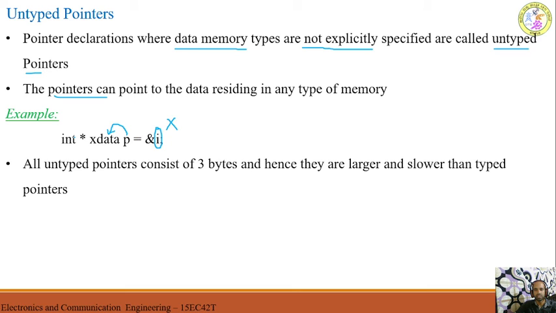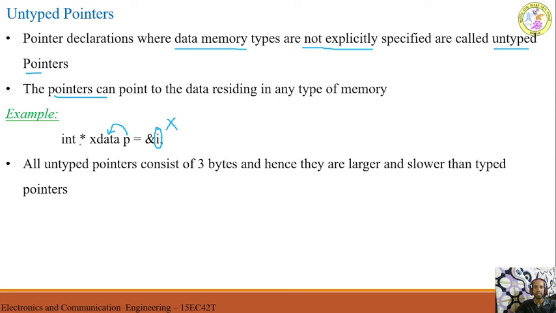Whereas in this case, I have not mentioned where the variable i is stored in memory, but the variable i is of type integer. So in the case of an untyped pointer, the data memory type of this data is not explicitly specified in the instruction.